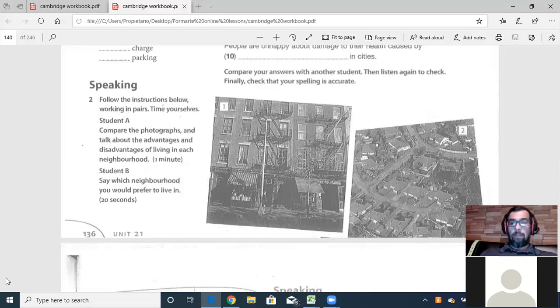And the advantage of number two would be, if you have a car, you can have a garage. And a disadvantage,